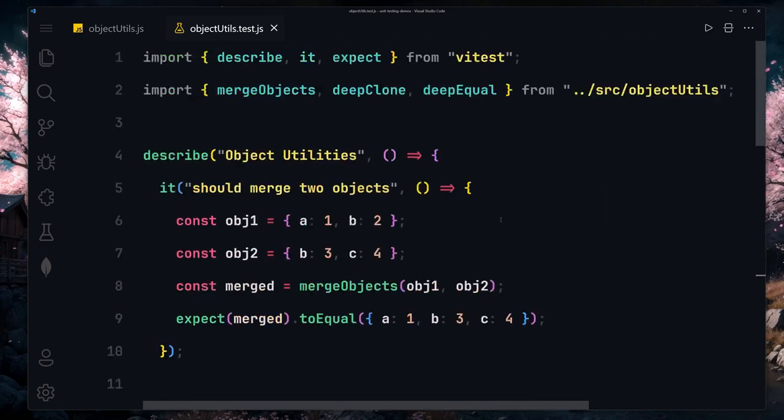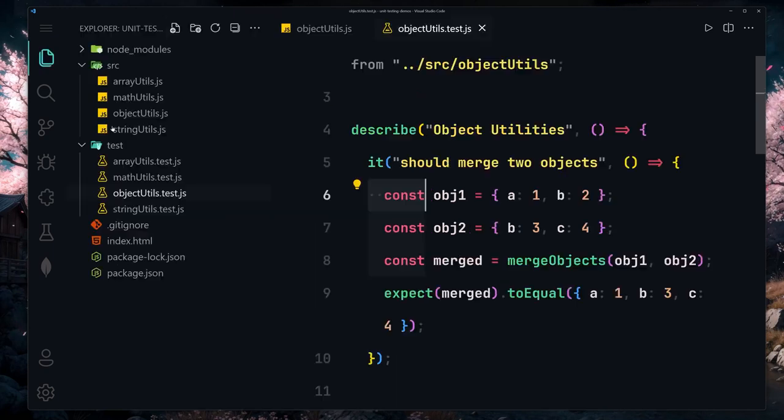So yeah, that was just the basics of testing. We learned about describe, it, expect, and we learned about objects. We also learned about arrays, math, strings, and so on and so forth. Next we are going to be learning about the T